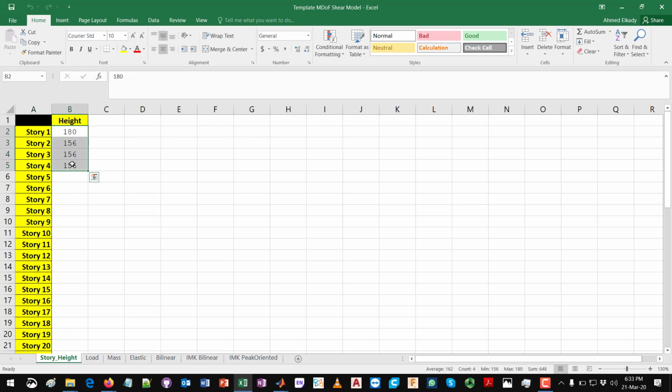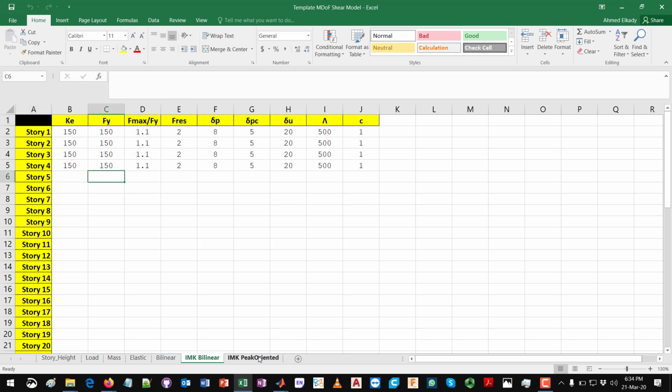These are all parameters that are needed to build this multi-degree of freedom system. You will need to define the story height, the gravity load at each floor, the mass at each floor,